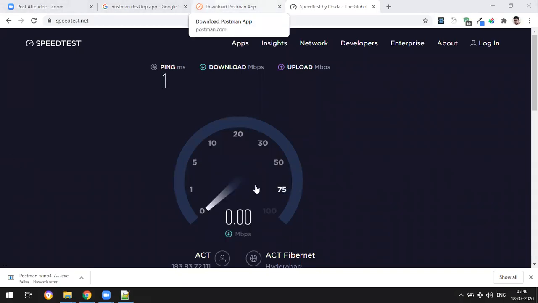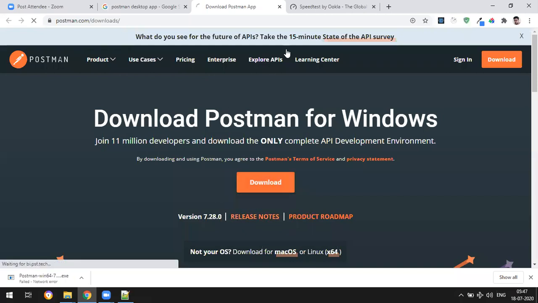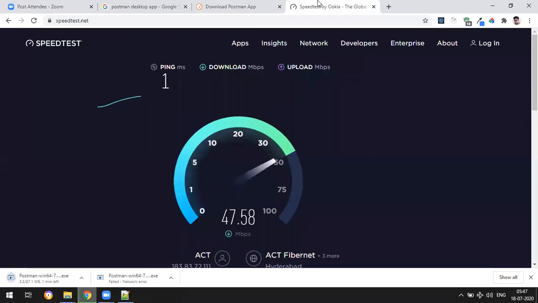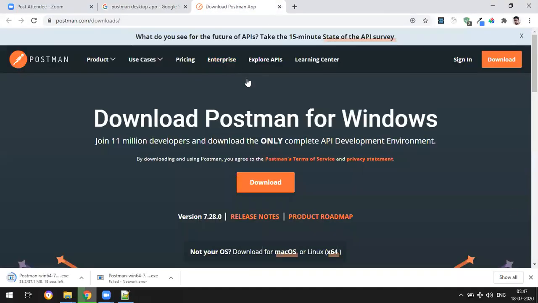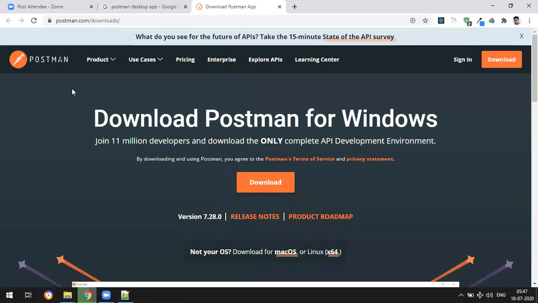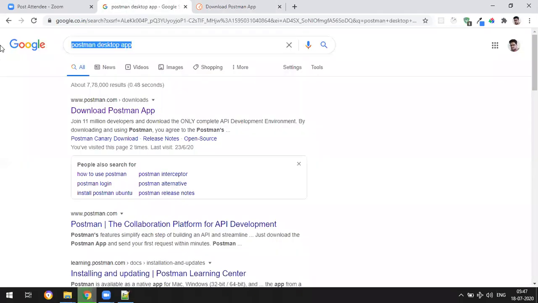Okay, let me download again. 64 bits. Okay, it's there, but still, I don't know. Okay, yeah, it's downloading. Let's keep it.